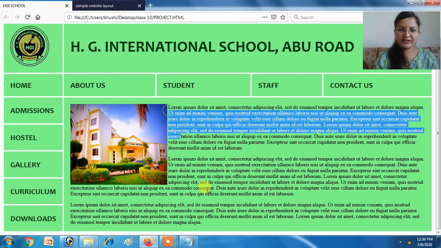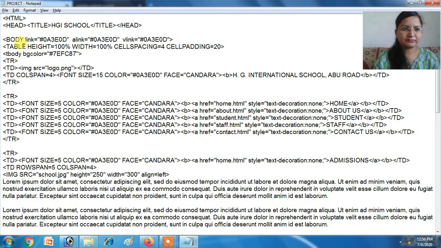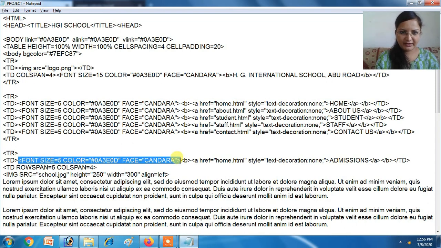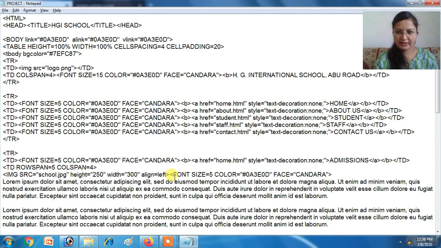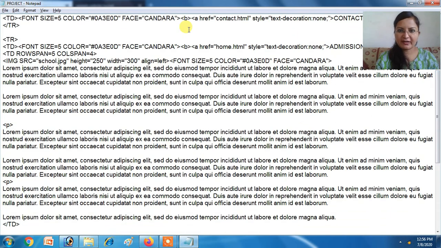If you want to change the text style, this text you can see its style should be changed and color should also be changed. So for that we will copy the content. This one we will copy. Wherever the paragraph starts, before that you have to start the font tag. Okay, size you don't write, use the default size.